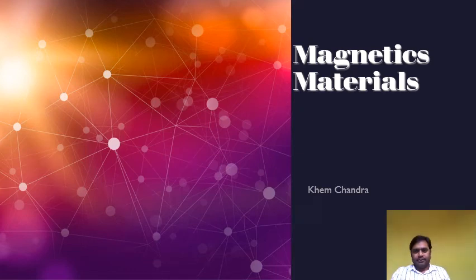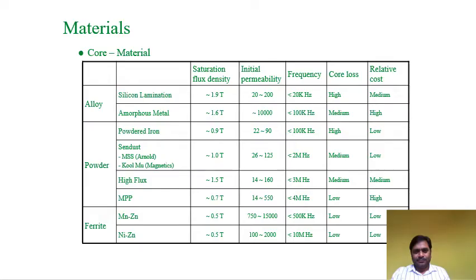Hello everyone. So today we are going to discuss the magnetic material. We will discuss in detail what the fundamental materials are that transformers, chokes and inductors are made of. So let's go. The first material we use in inductors, transformers and chokes is the core,